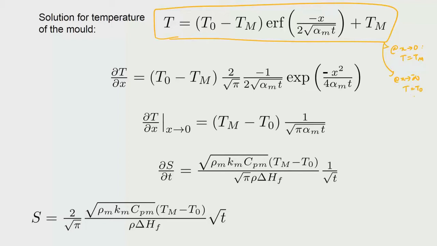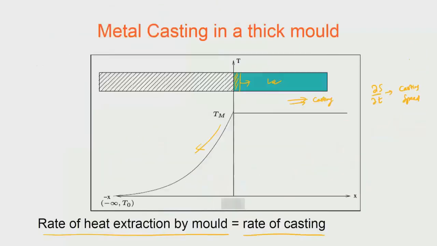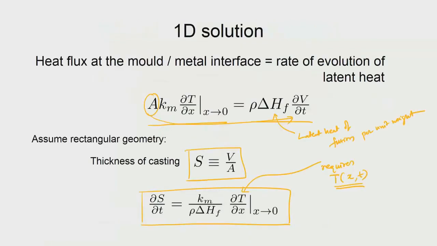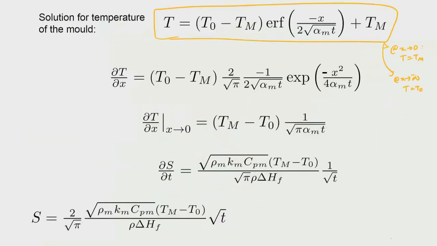So this solution is written in this mold, in this way. So this is our domain. The error function solution is written so that at x equal to 0, you have T equal to Tm, and at x tends to minus infinity, you have T equal to T naught. Having calibrated that way, we can go ahead and look at what will be the ∂T/∂x,